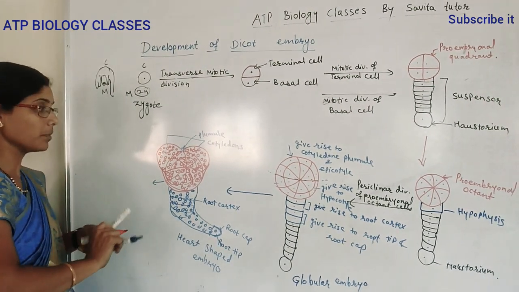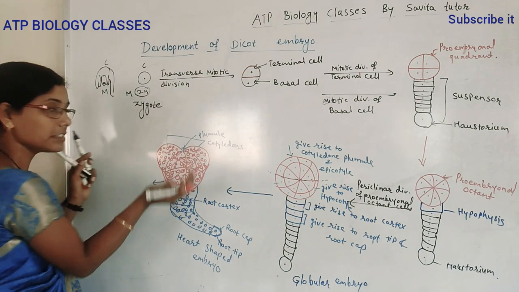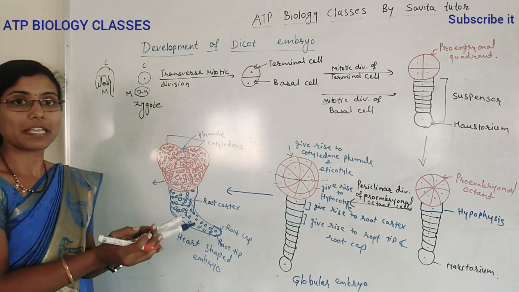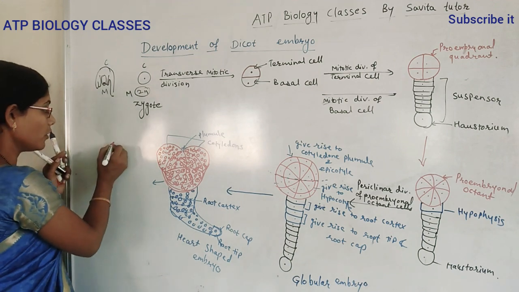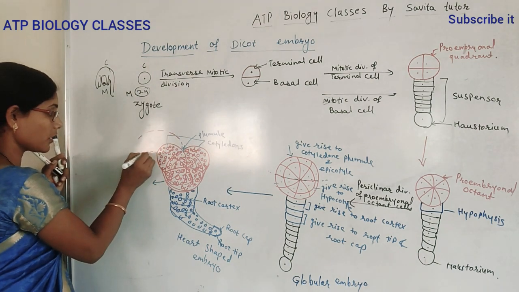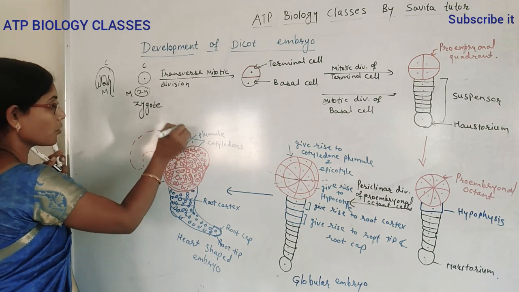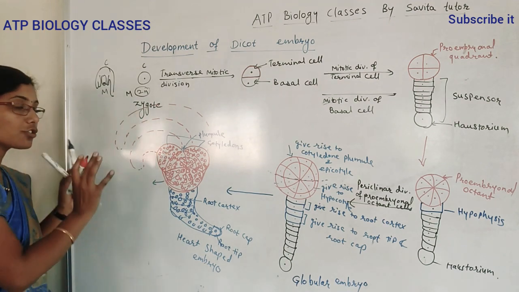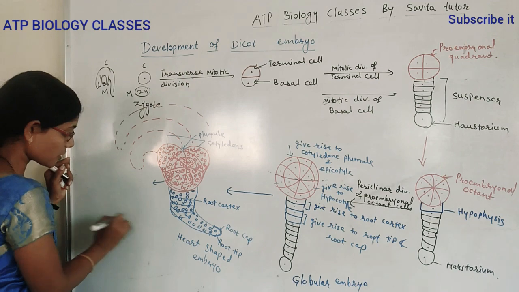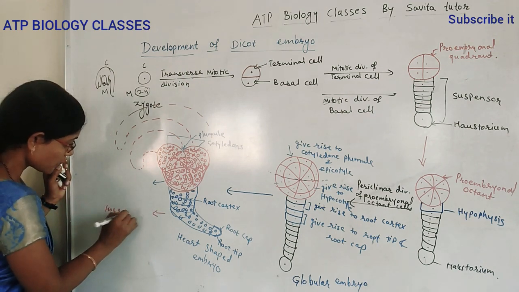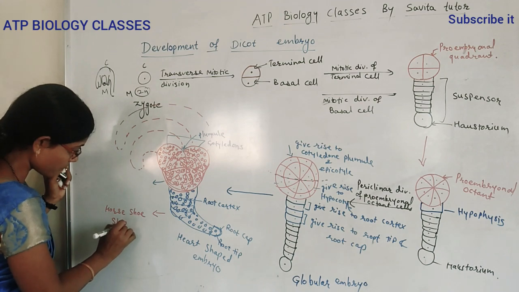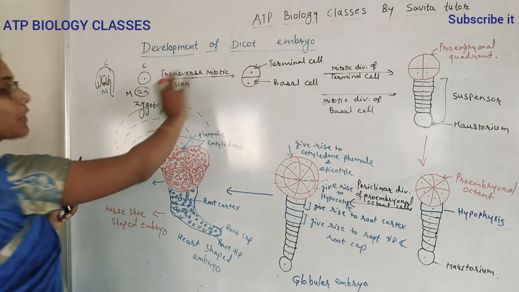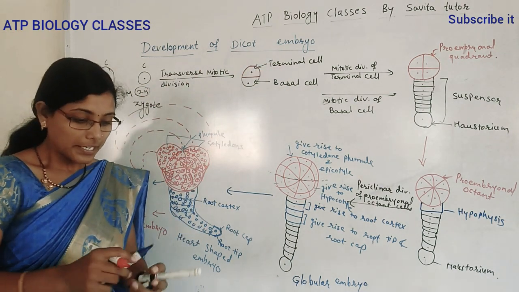How is the horseshoe shape embryo forming? These two bulgy parts of the cotyledon will grow. But as it is inside the embryo sac, there is not much space available. So they are bending on one side itself. See how they are bending. Suppose this cotyledon will grow like this, and this will grow in this manner, right? And it will form horseshoe shaped embryo. So next one is the horseshoe shaped embryo. This is how the development of dicot embryo is taking place, right? Means in the dicot seed.